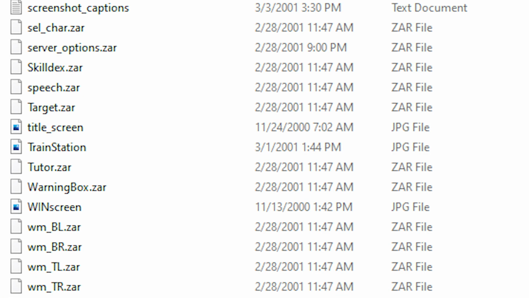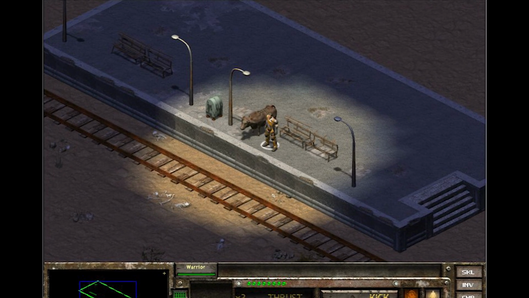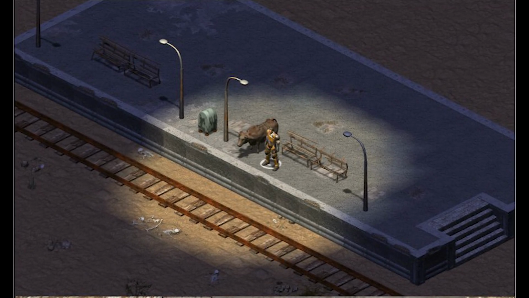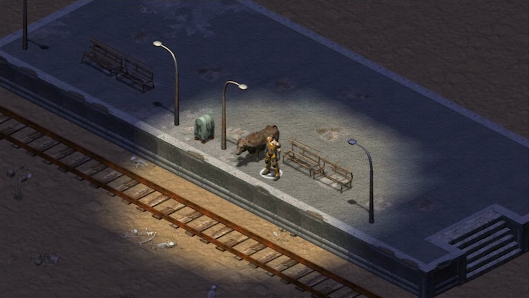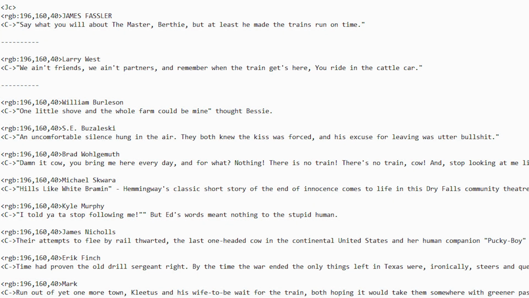One of the GUI folders has some strange unused files, like this image called Train Station, which depicts the player in a Brahmin near some train tracks in a location that never appears in-game. This appears to be linked to an unused text file called Render Captions, which has notes like,